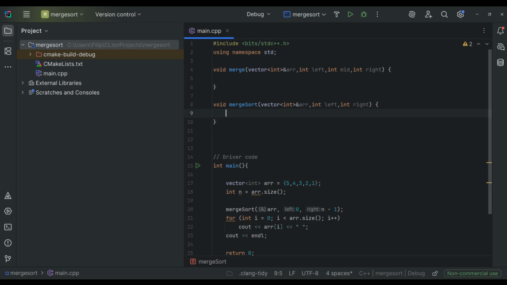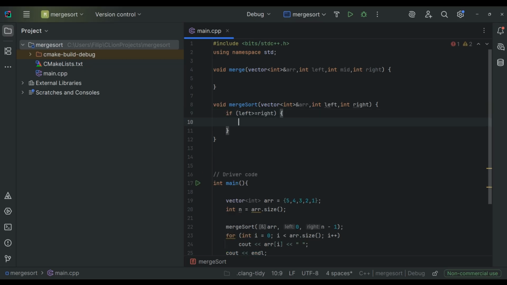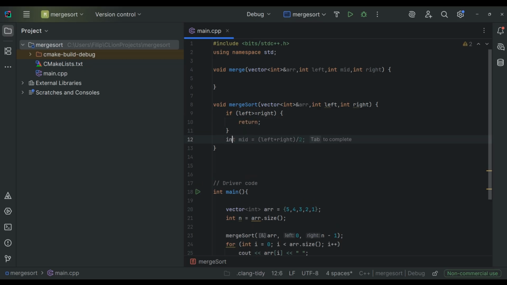We can start with dividing, the merge sort function, by making these functions. So firstly, we have to get the center of our current array, this one, and